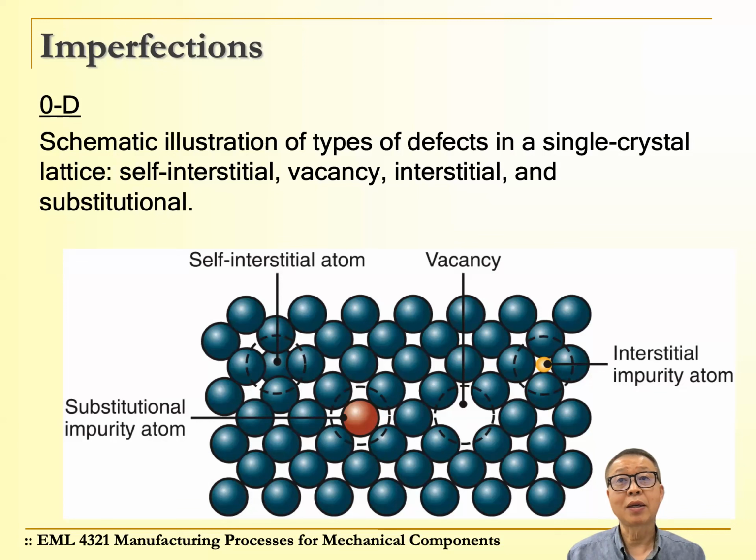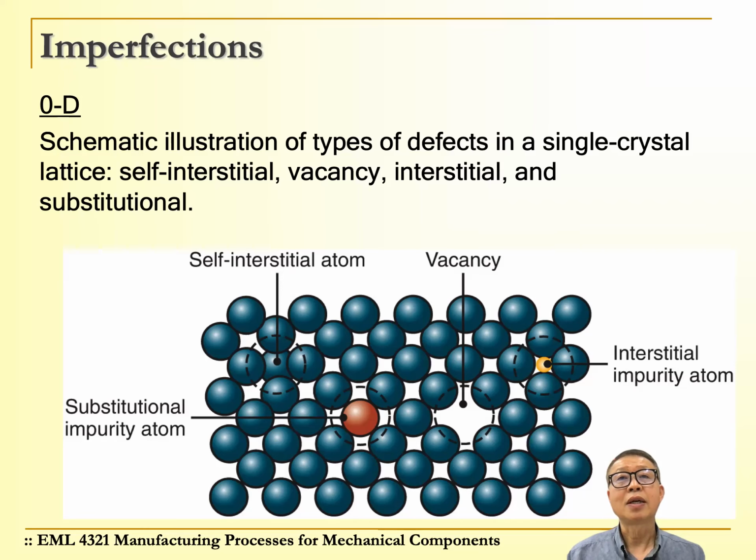Impurities may occupy interstitial sites, for example, or it may replace the original host atoms. So those could be imperfections, as illustrated in this figure. You could see self-interstitial atom occupying the space it is not supposed to occupy. And you can see substitutional impurity atom,